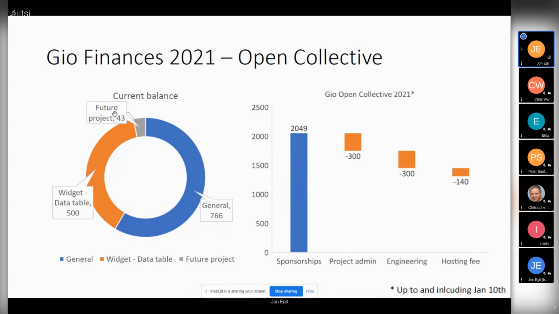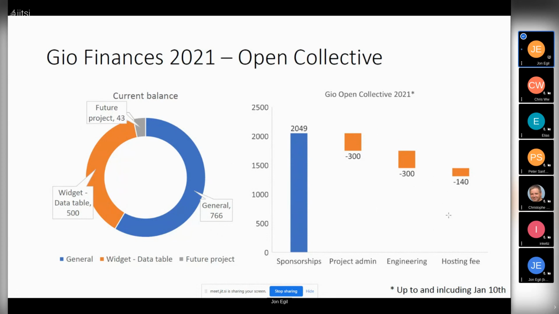And we also had a little bit of overflow from that. We wanted to get $500 in, and we actually got a little more. We agreed to put that in a future project bucket. So we'll see how much project we get for $43, but if someone has a good idea, we have the money. So that's the balance right now.